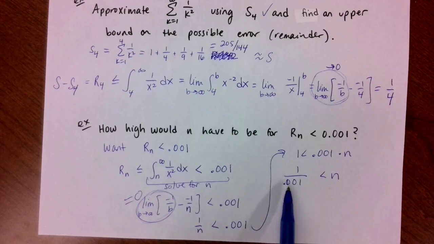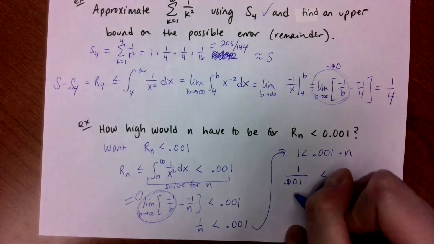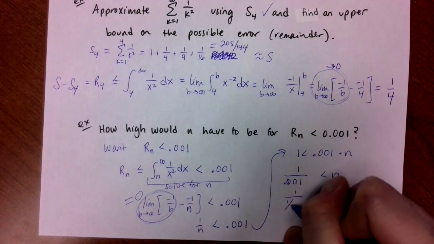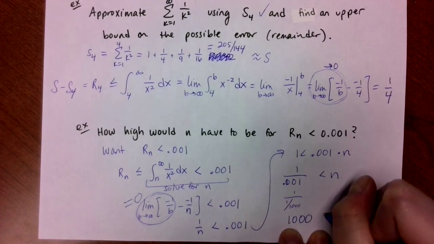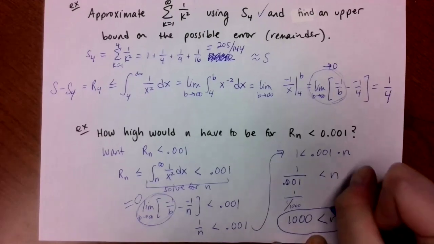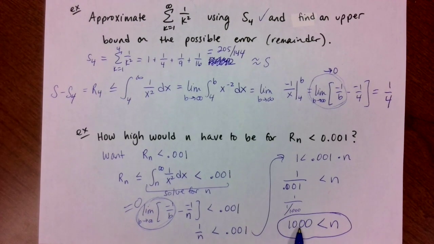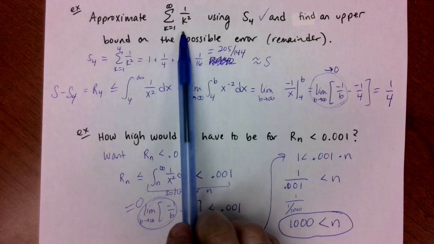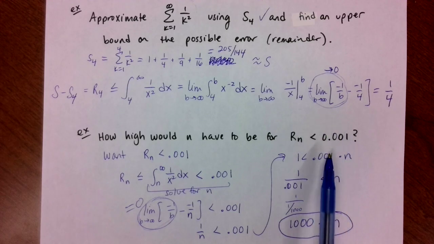And I'll remind you, 0.001, this is the tens place, hundreds, and thousands. So this is 1 over 1,000. So this is actually 1,000. So my answer here is that as long as you take more than 1,000 terms of this series and add them together, you'll be at least this close to the exact correct